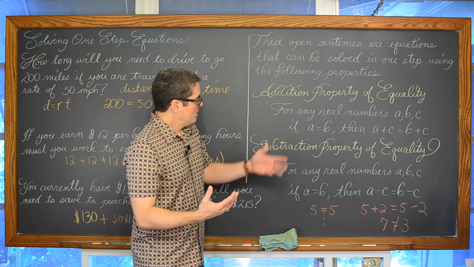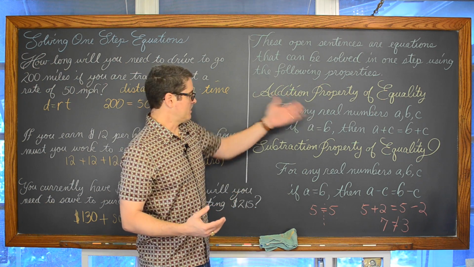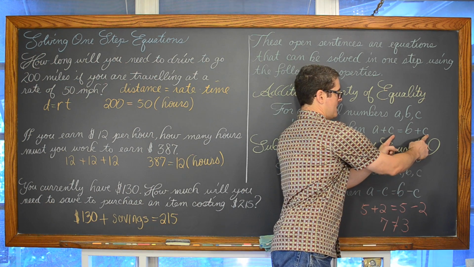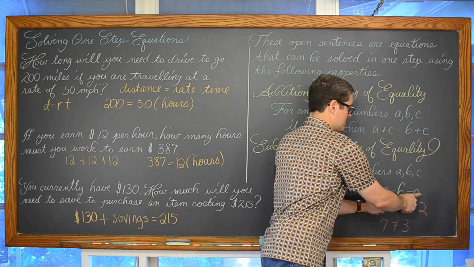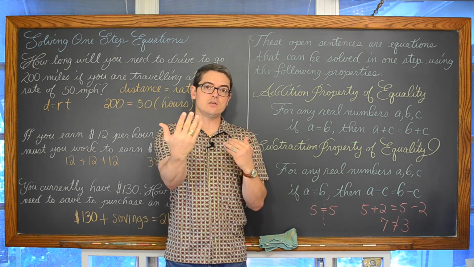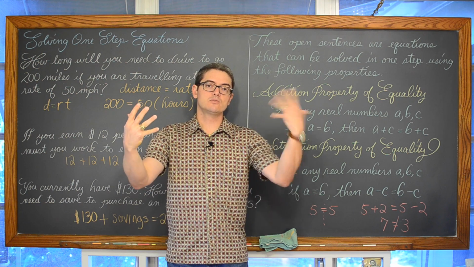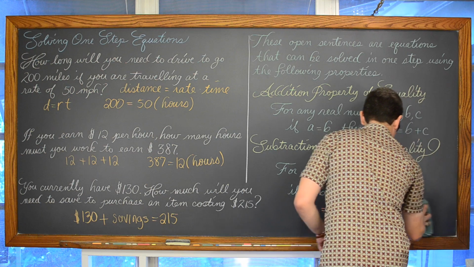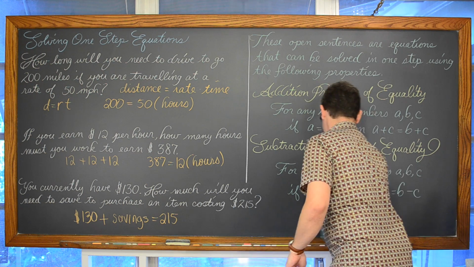So, yes, you have this addition property of equality. Yes, you have a subtraction property of equality, but see, you're adding the same value to both sides. You're subtracting the same value from both sides. You're doing whatever you want, really, to each side of the equation as long as you apply it once to each side. Now, let's just erase this incorrect non-example.